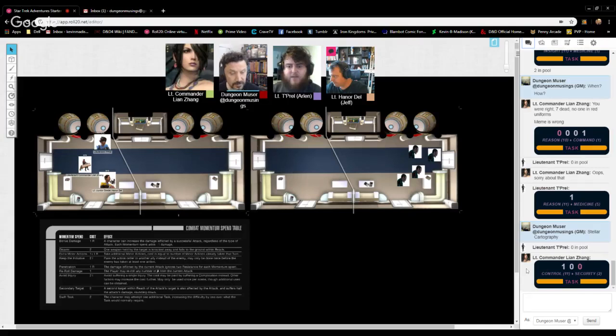So what does aim do again? I have forgotten. Aim is you can re-roll 1d20. Okay. But if you're only rolling 2 dice, though, remember it's a difficulty 3 at this range because of the lighting and because of the range. So, but if I roll a 1, that's...